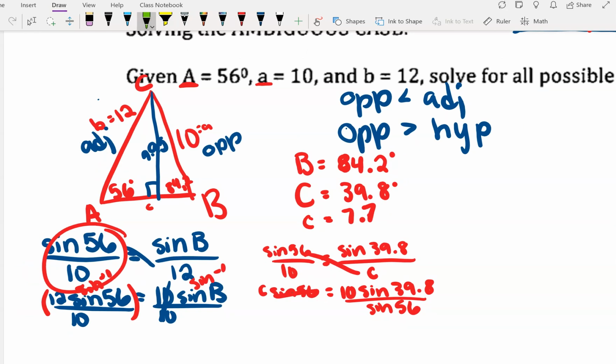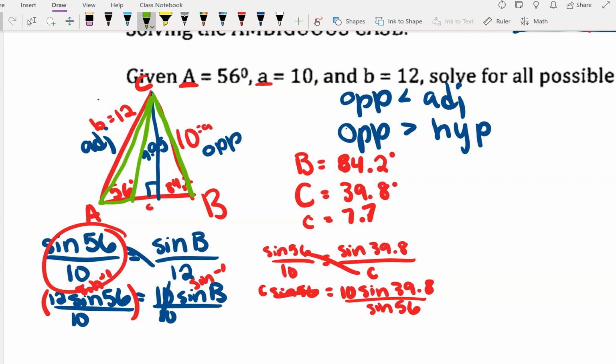and I forgot to actually kind of draw and show you why that was the case. So we've got this 10 and we kind of drew it out like this, and we drew it as like an acute triangle. But because this 10 is longer than the height, but it's shorter than the adjacent side, what could happen is that 10, instead of being out like that, it could hinge inward and create kind of